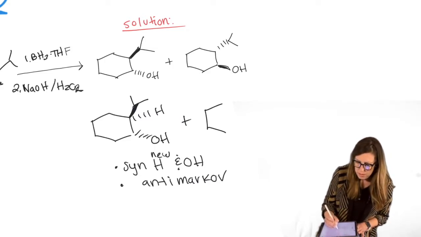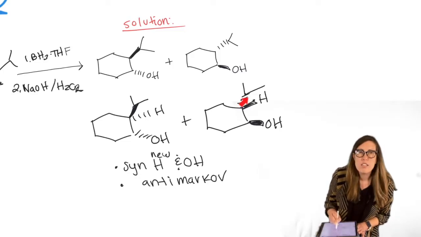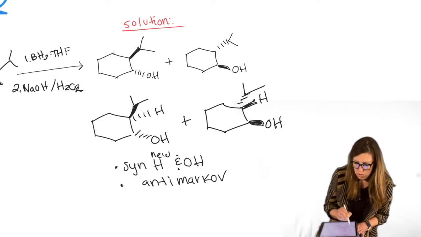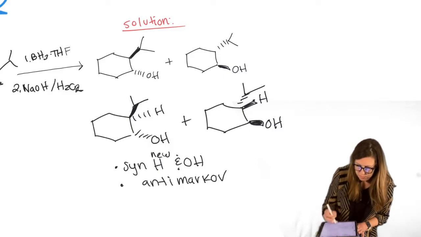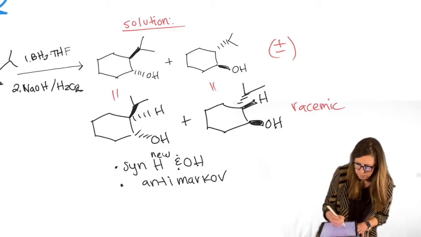Of course, I must be able to make the enantiomer, which I could draw as the mirror image or just do the exact opposite. Because I could have both dashes, I could have both wedges. You can't have one of each because that would not be syn, that would be anti. That forces the R group to be a dash when these are wedges. So you do indeed form a racemic mixture, which might be represented that way or just written as racemic. These are one and the same.